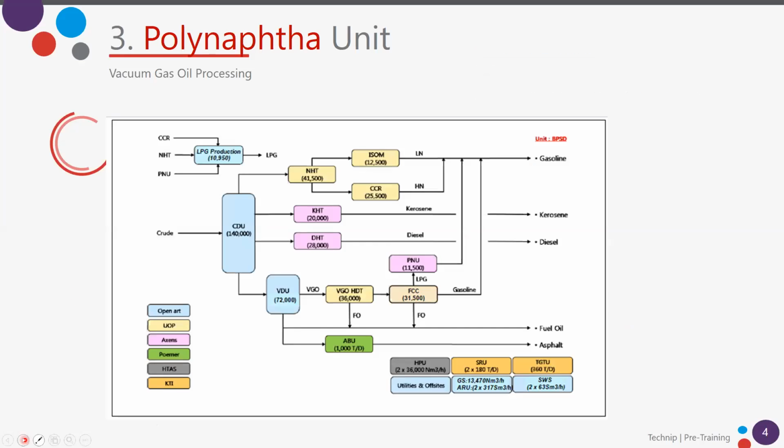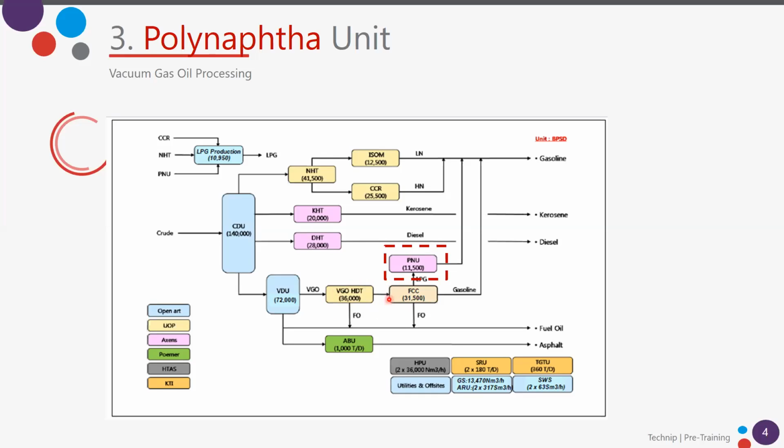So let's start. Where do we have the polynaphtha unit in the Carvala refinery? First, let's review again the main process. We received two crudes, the Basrah and the Misrif crude. We have this crude distillation unit. Remember, this is an atmospheric distillation unit. The bottom, we will send to the vacuum distillation unit. We have this vacuum gas oil. We have pre-treated this vacuum gas oil